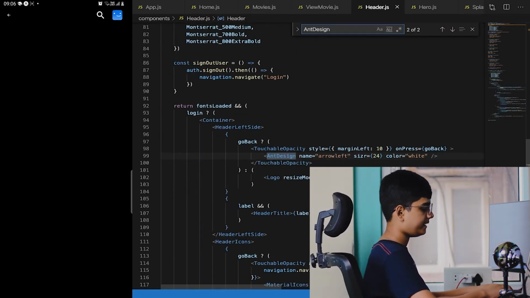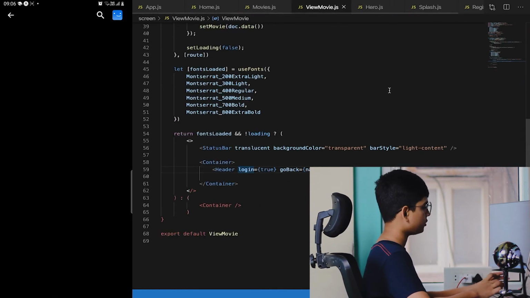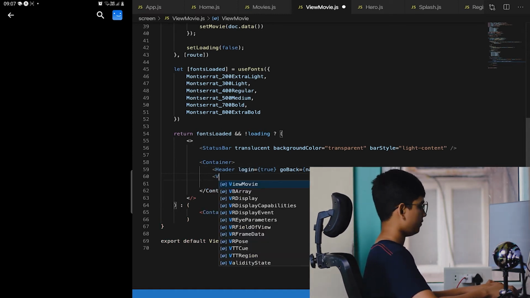So this is the design, name, arrows go to left. Yeah, this is where the problem is. It's not size here, it's size. So save it, and now as you can see, it looks quite good. So that's pretty cool. And now what you can do is, after header, we need to have the video